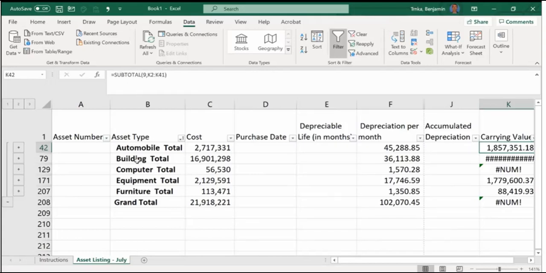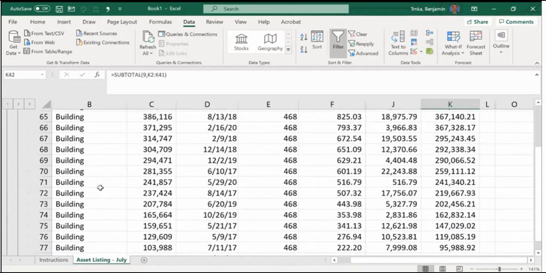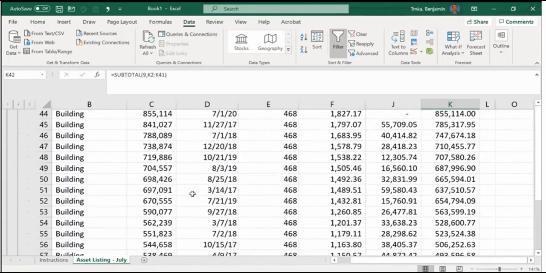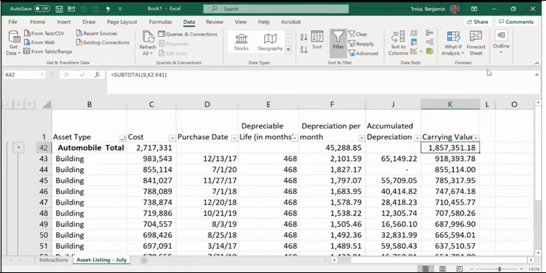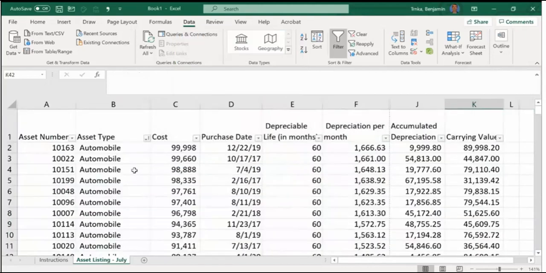One last piece before we move on: if we wanted to break out, say, the buildings but not everything else, you can just click the plus next to the buildings, and that shows all the detail going into those totals. With certain sets of data, being able to do that flexibly has a benefit, so just be aware it's out there. When you want to get rid of your subtotals, you can hit Control-Z a bunch, or click the outline button, Subtotal, and then Remove All in the bottom left. Now it goes back to the way we had it.